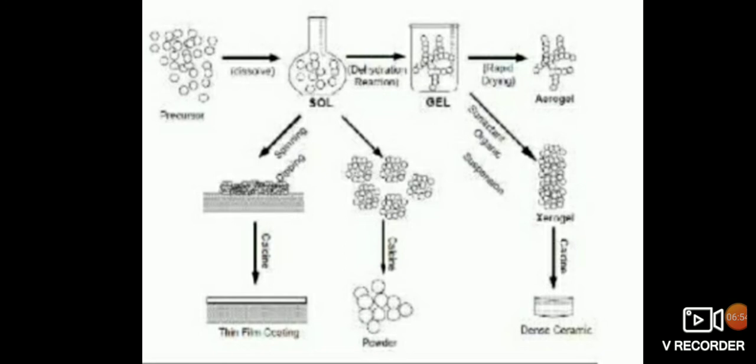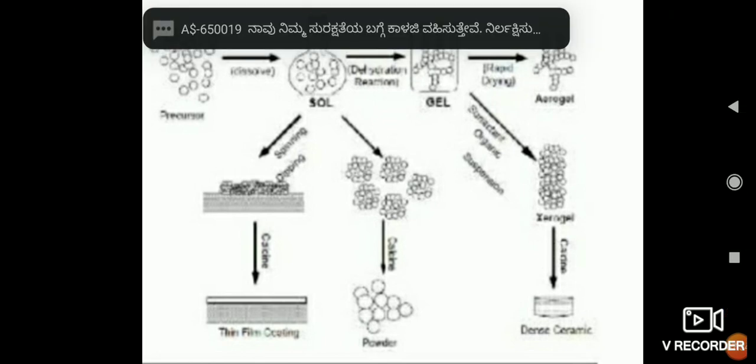Second step, gelation. Gelation results from the formation of an oxide or alcohol bridge network by polycondensation reaction that results in a dramatic increase in the viscosity of the solution. Aging of the gel, during which the polycondensation reactions continue until the gel transforms into a solid mass, accompanied by the contraction of the gel network and expulsion of solvent from the gel pores. The fourth step is drying of the gel. When water and other